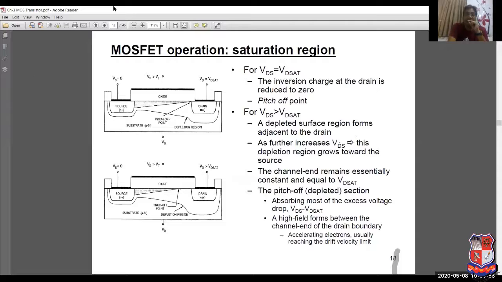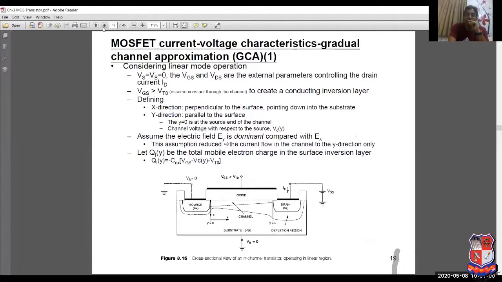So these are the three different stages in which the MOSFET is working: the cutoff region, linear region, and saturation region. Ideally we can say that if your MOSFET is off, your gate voltage is less than the threshold voltage, and in that case current ID is zero. Whenever your MOSFET enters into the linear region, what is the condition? Your VGS is greater than VT and your VDS is positive. This VDS is applied, but this VDS is less than VGS minus VT. So these are the two conditions which make your MOSFET enter into the linear region.